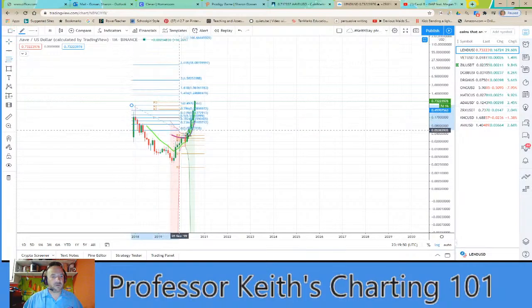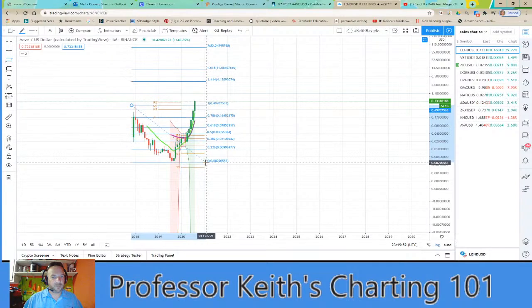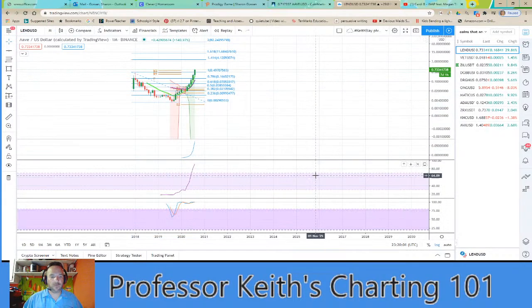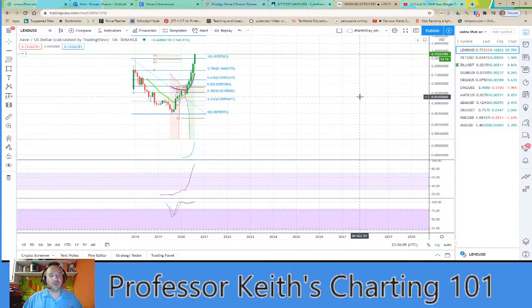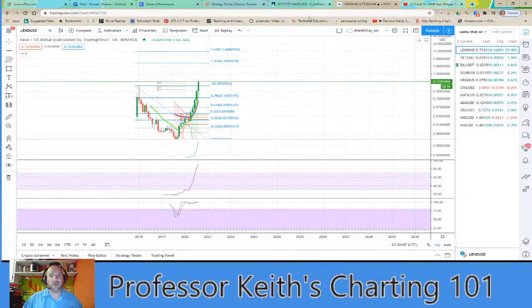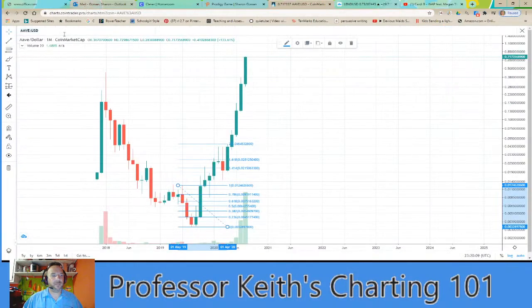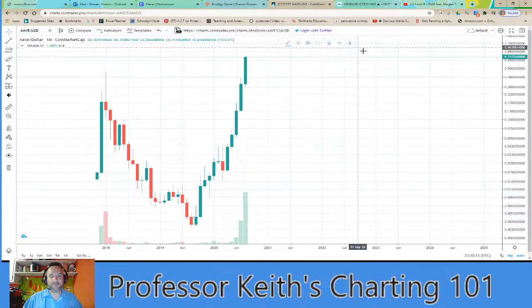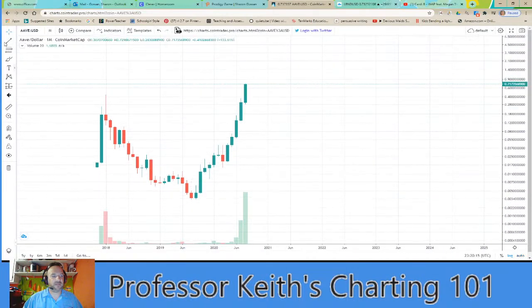All the way to the top because it's already broken that. It's broken the one line. We're over all of our support. We're not way away from the 8. We got some room. RSI is screaming high. I don't know how far this is going to go without checking up on that line right there, okay? At some point, it's going to come back down and check up. It has to. That's the technicals. It tests lines. We've already found that out.